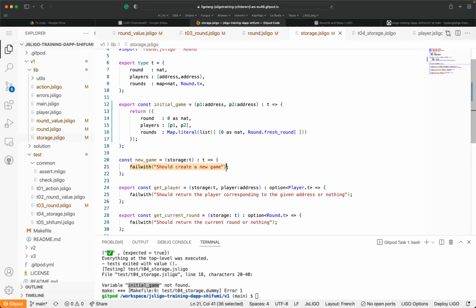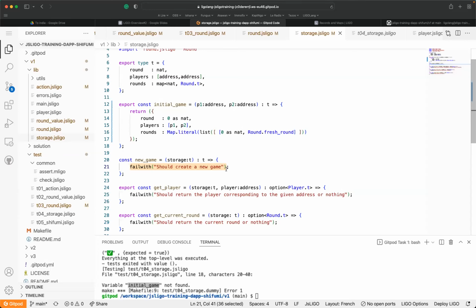We don't check if the round is finished or not. We don't care about this. We just provide a fresh, brand new game, just incrementing the round, and just adding a new one in rounds. Nothing else. Just adding. The guard should be put later, and it is not the responsibility of the new game to check if the game is finished or not.